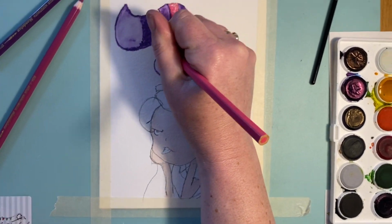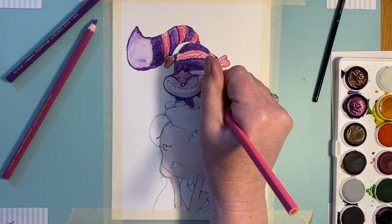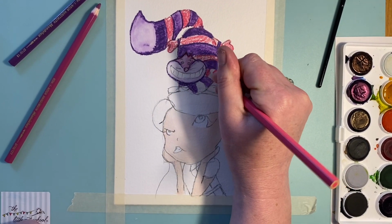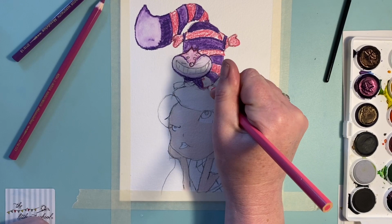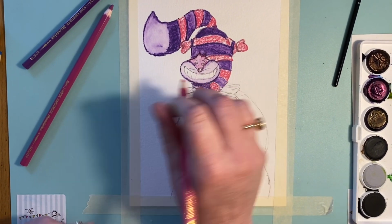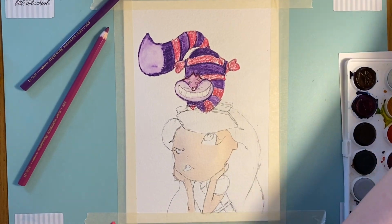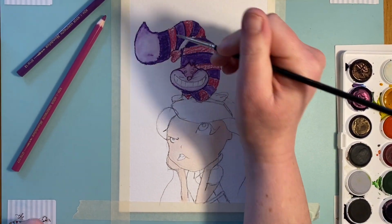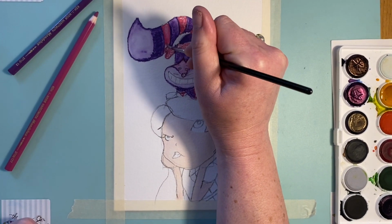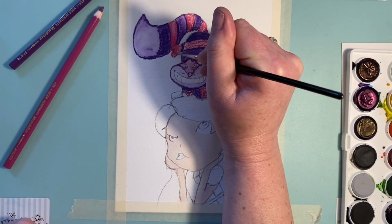Right, so we'll go around all these stripes like this. And I'll turn one to paint, but then I'll pause it and do the other so you don't have to sit watching me doing that. But you can see as I come in, by going in with not too much water but lots of pigment on the paper, you get this really lovely strong